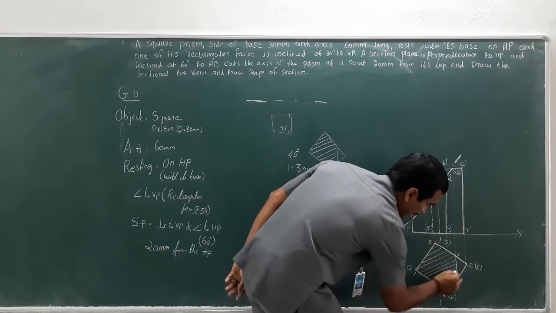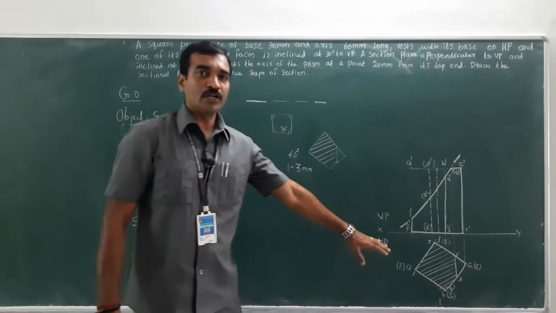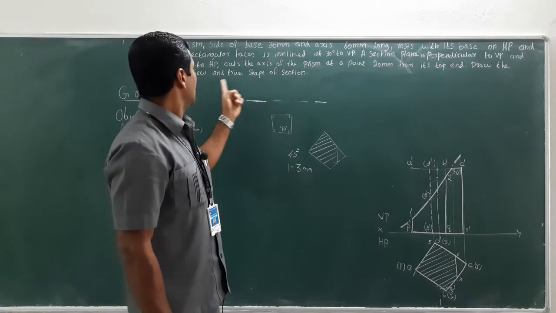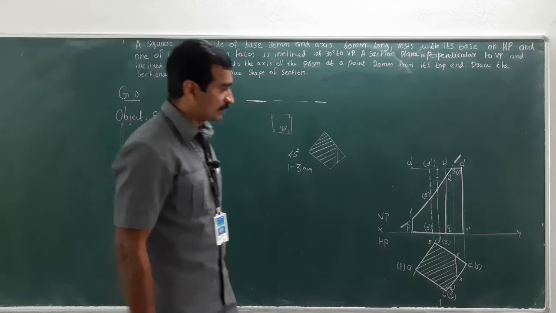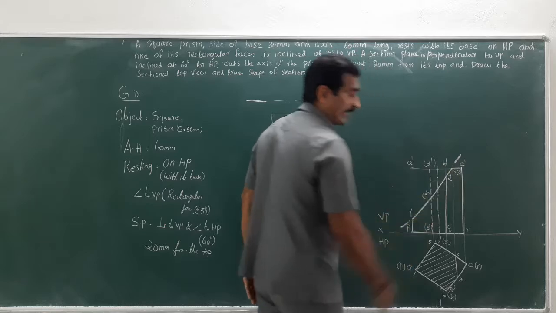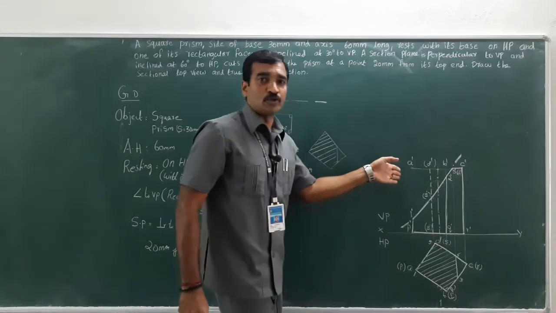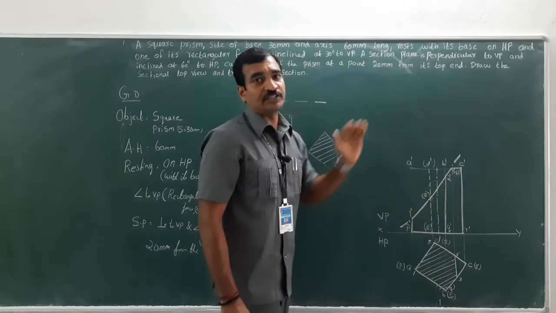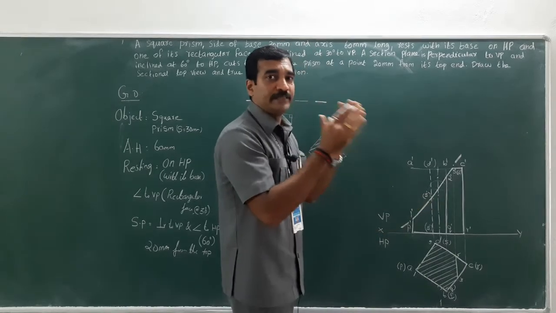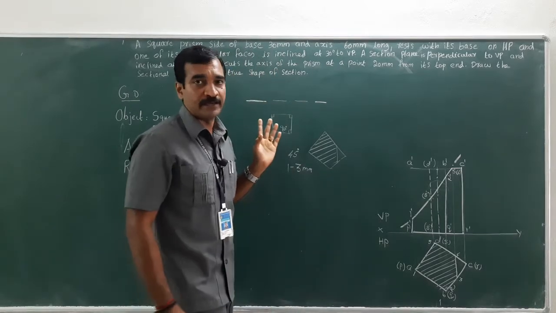So when you do the hatching lines, you will have to be very careful. So this is the sectional top view for this object. Now I need to draw the true shape of the section. That means this particular cutting plane is cut at 60 degree, right? Now I need to look at the object perpendicular to the section plane. That means 90 degree with this section plane. If I look at that object, I could see a shape. That is the true shape of the section.